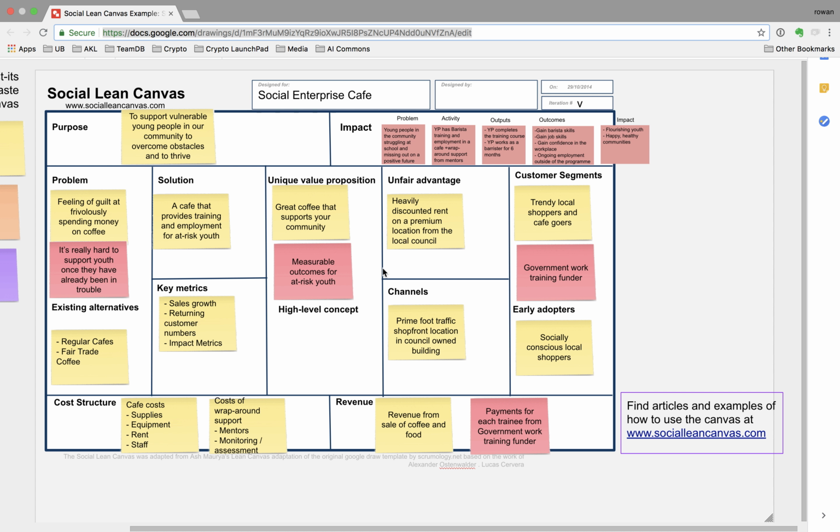But just remembering the way through the canvas, if you've done some of the other webinars or done some other work on the canvas, we start with purpose. Why are we doing this? We look at impact, which is what's the logic that explains how we are impacting the world positively. And then the economic engine: who are the different customers that we have to serve, what problems do